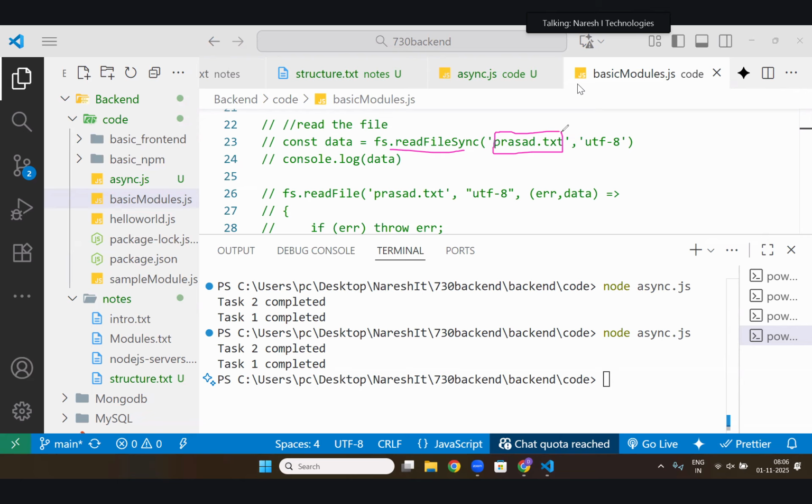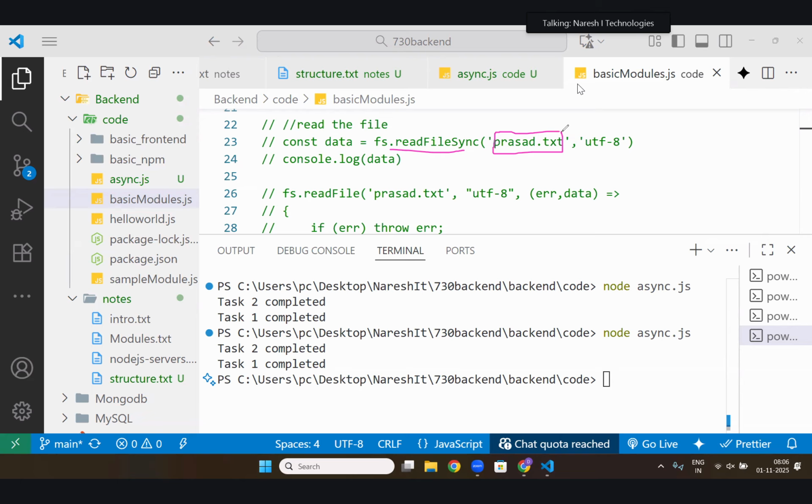Is it 2 seconds? No, 6. Why? First, it will print start. After 2 seconds, start will print. After 2 seconds,